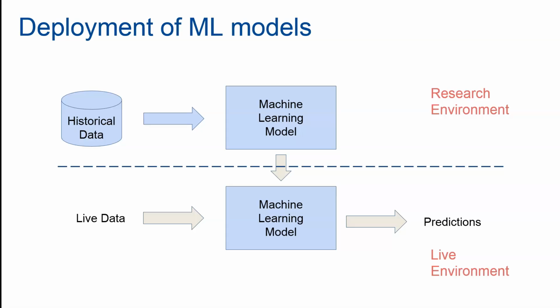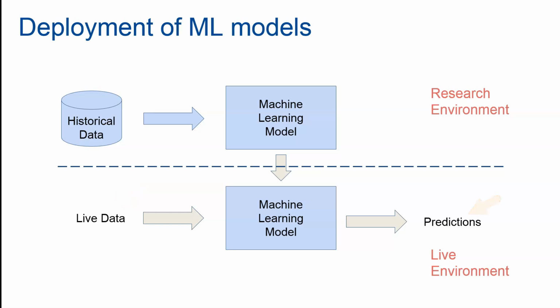This is an isolated environment without contact to live data, where the data scientist has the freedom to try and research the different models and find out a solution to a certain product need. In a common setting, we have historical data, and we use this data to train a machine learning model. Once we are happy with the performance of our model in the research environment, we are ready to migrate it to the production environment, where it can receive input from live data and output predictions that can be used to